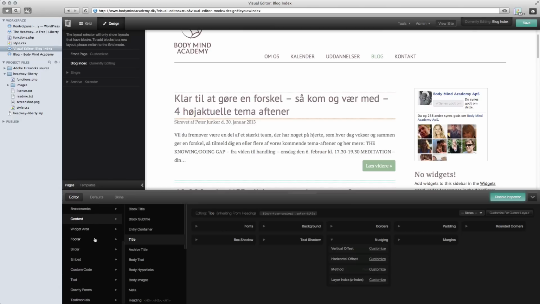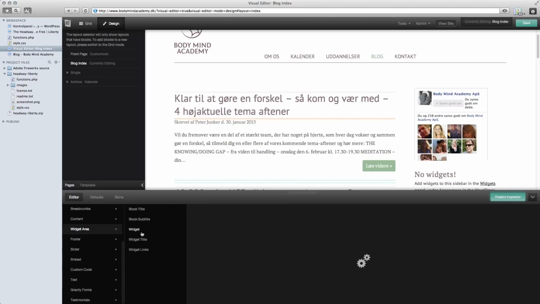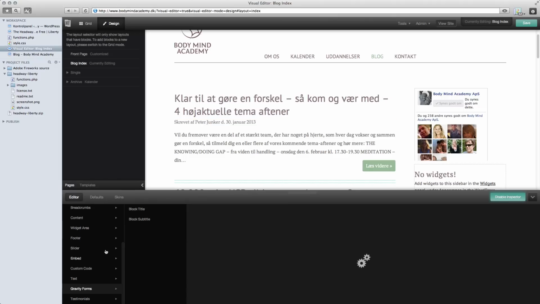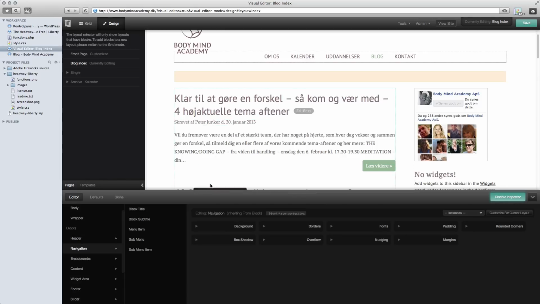You have the content, and you can have your widget areas, and you can style the widget title and the widget links, and you can style your gravity forms and the navigations, menu items, sub-menu items, and even hover states and everything. So it doesn't get unwieldy, or how you pronounce it.